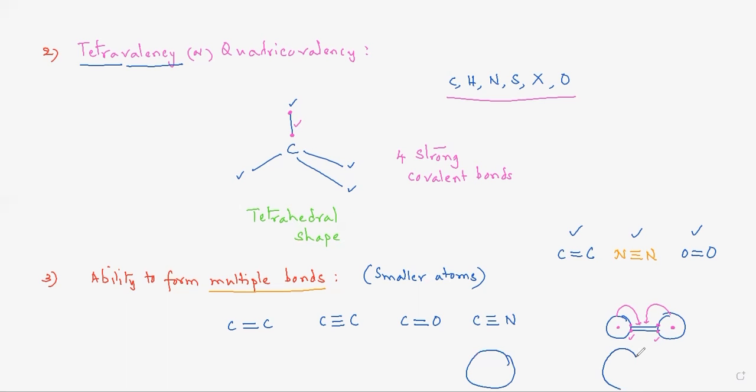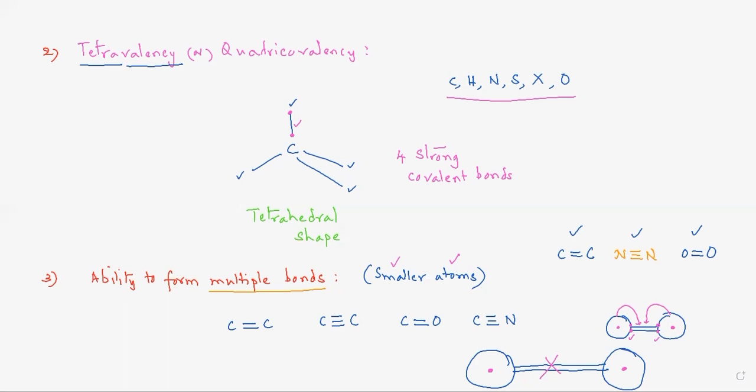But otherwise, supposing the atoms are big, with larger size, and suppose you got a multiple bond. Can they hold this shared pair of electrons? No, they cannot, because the nucleus is here and there is, of course, greater distance between the nuclei. The nuclei will not have great hold over the bonded pair. So what I would like to say is smaller atoms can form multiple bonds like this. All these are the best examples. Smaller atoms can form multiple bonds, but not the larger atoms.